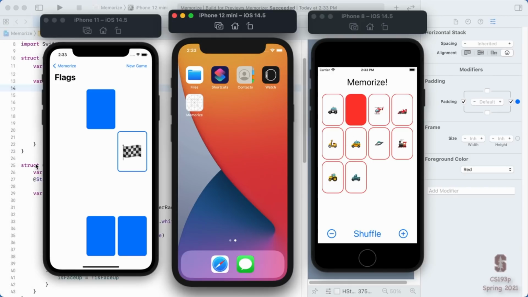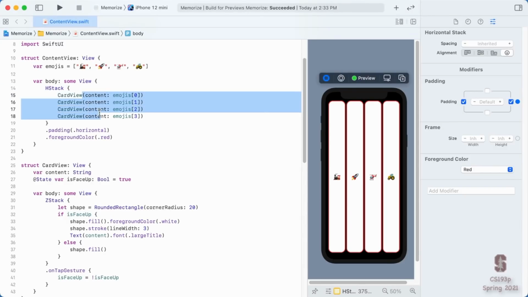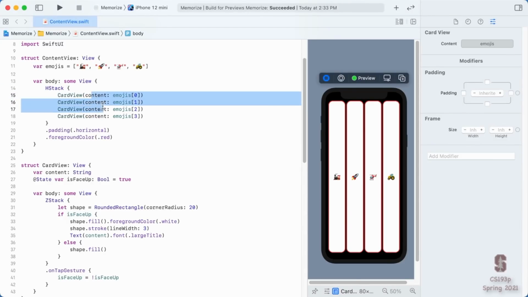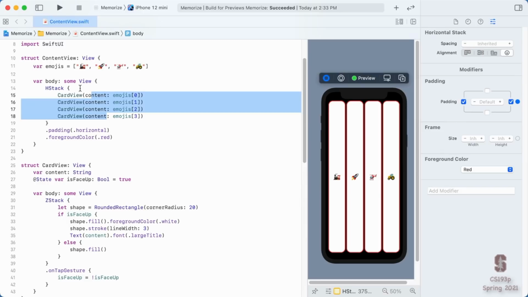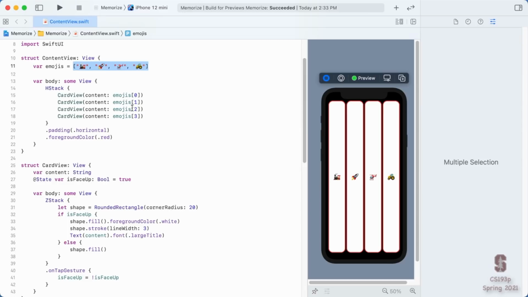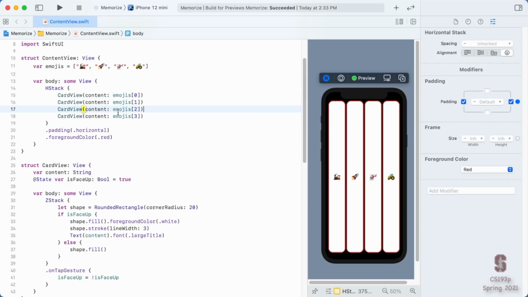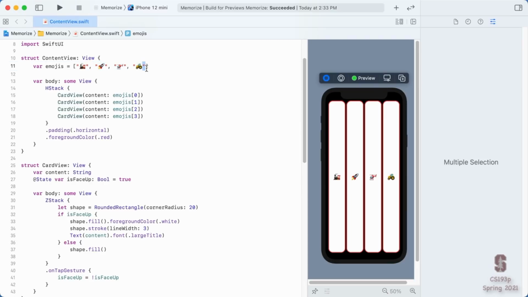The next thing that I want to do here is do that for loop like thing that I was talking about in here. We can't use a for loop. We'll talk about what a for loop looks like in Swift later, but first we're just going to do this new bag of Lego thing that essentially is a bag of Lego that creates a view for everything in an array. That's exactly what we want here. We want to create a card view for each of the things in our array.